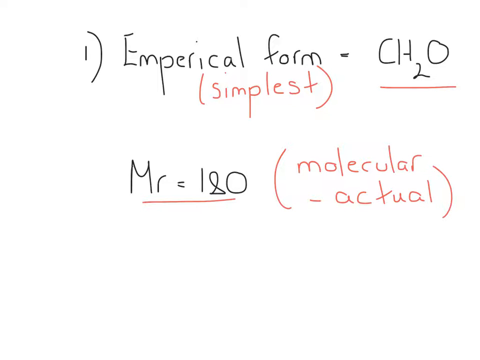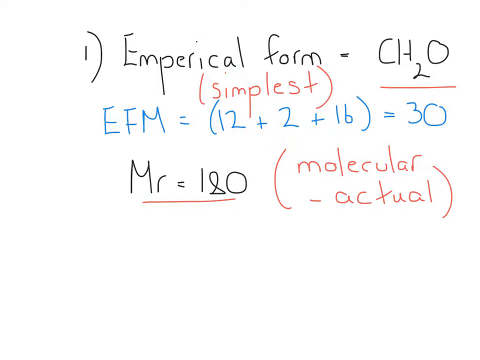What we've got to do first is use the empirical formula to work out the empirical formula mass, and I'm just going to use EMF for the empirical formula mass. The atomic mass of carbon is 12. The atomic mass of hydrogen is 1, but we've got 2 of them. And the atomic mass of oxygen is 16. When we add that together, we'll find that the empirical formula mass for this compound adds up to